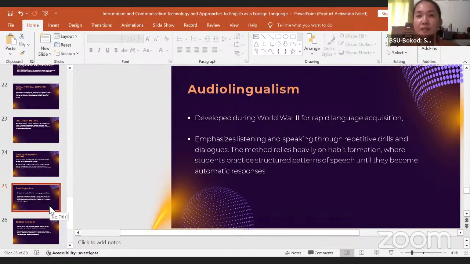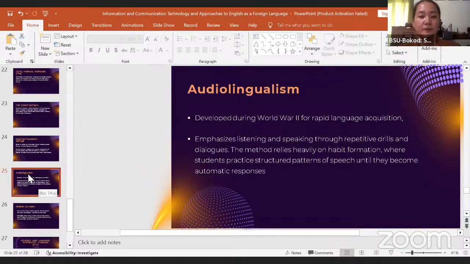For example, you can expose them for a week to this kind of approach, and then they will do repetitive drills, so that you will be able to expose them to a language, for example, a particular accent, and then later on they are going to do this on their own.